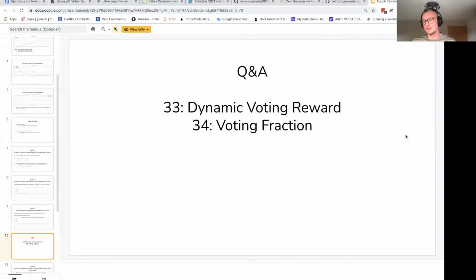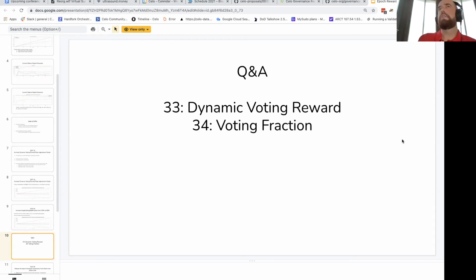What we've seen so far is that even with a decreasing voting rate by the overall rewards multiplier, the amount of locked Celo has risen. It's very hard to make any projections of how that will actually play out in reality. The goal of the adjustment factor is rather to make the system self-evolving, such that it can cope with different environments and different voting fractions. If that answers your question, if I got that correct.